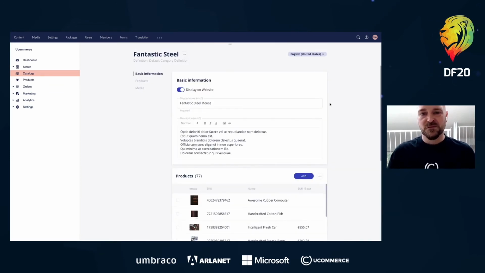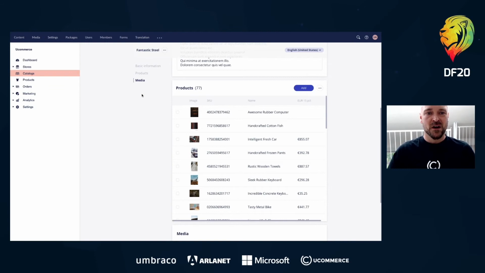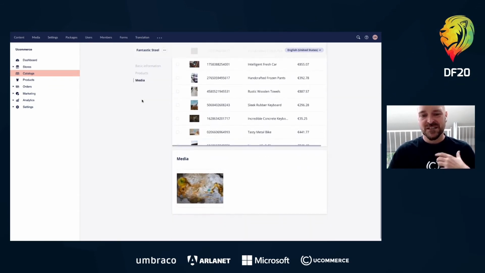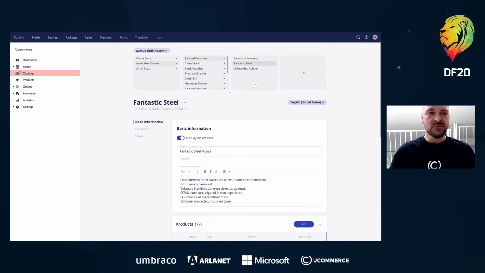But one of the things we found doing user research is that merchants really don't want to poke around to find stuff. They just want to scroll, basically. So we enable it so we can actually just go ahead and scroll, and notice over there to the left how these sections are just following along. So it's a little thing, but it's something that's directly inspired by the user feedback we got when we went out and asked people, hey, what do you want?